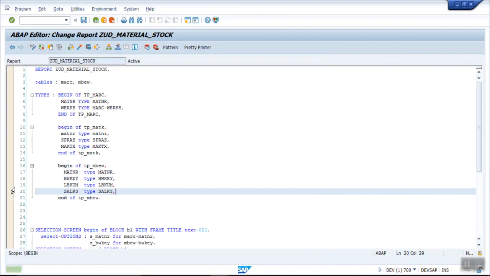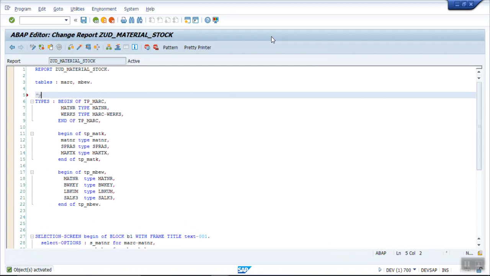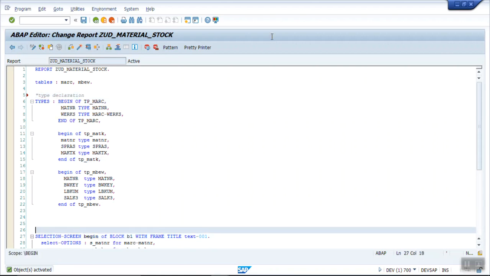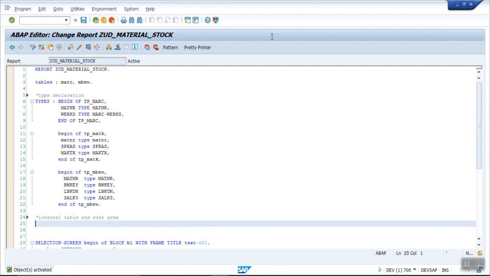So first I have done the type declaration, so just write down here, that is the type declaration. Now here I will declare the internal table and work area. So how to declare an internal table and work area? We declare it with the keyword DATA.